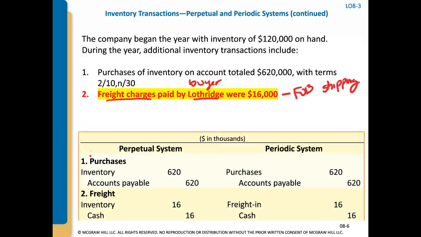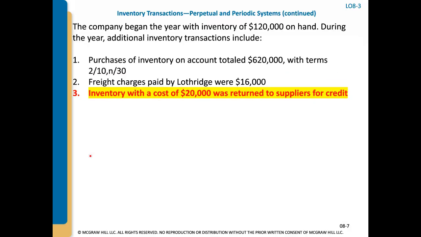So perpetual system, we debit inventory, we increase our inventory by $16,000, and we credit cash, assuming we pay cash. And then under the periodic, we use this temporary account called freight in for $16,000, and then the cash $16,000. This purchases and this freight in will all be eventually included in the inventory account. So at the end of the day, we will get to the same place as the perpetual system. Number three,